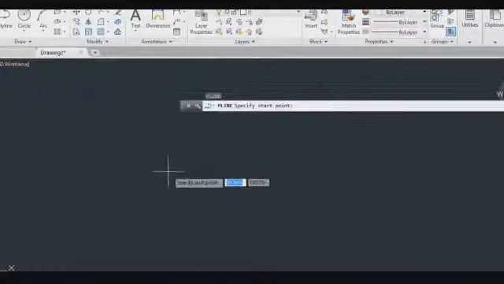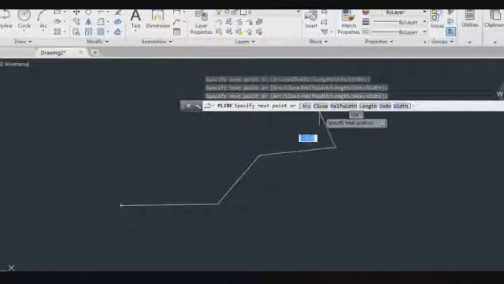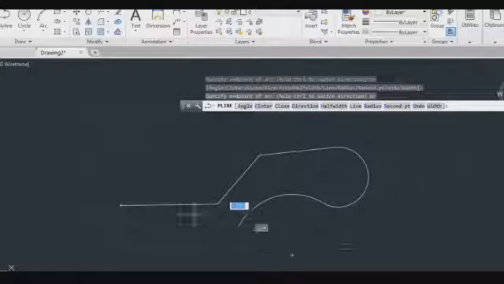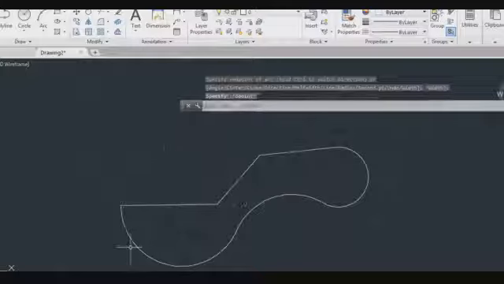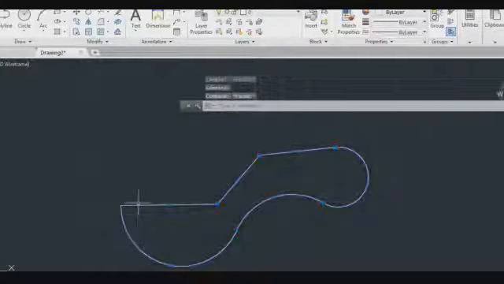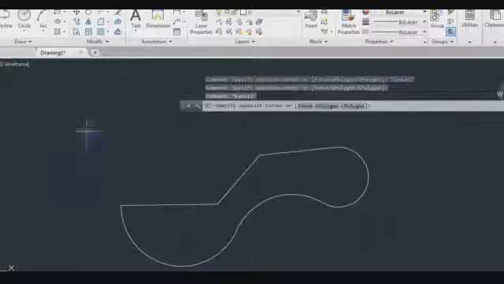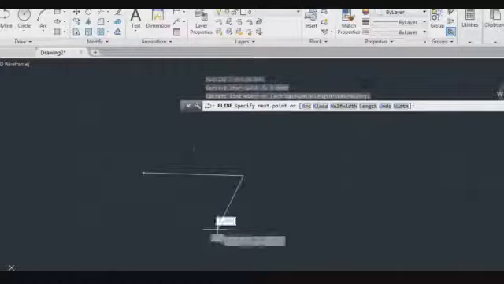Next we have polyline, PL enter. In the polyline you can go for line as well as arc. You can shift into arc mode, line mode or angle mode. In the polyline you have line as well as arc. This is how polyline works. Polyline we will see with the next command.